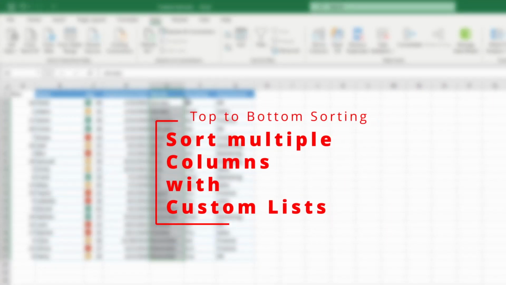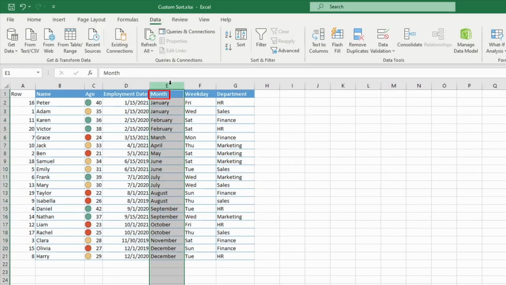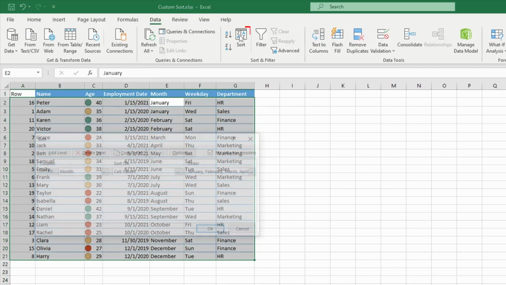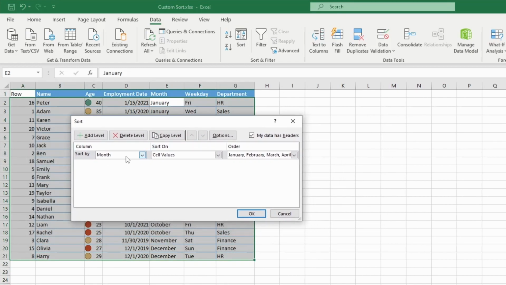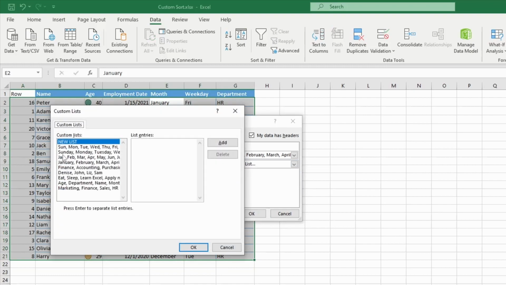I will use now custom lists for multiple columns. I will sort by month, and then I will sort by weekday. For weekdays we have also a predefined custom list inside Excel. I'll go to sort. I will leave the month with the custom list order, and I will add a second level, then sort by column weekday, sort on cell values, and I will choose the custom list for